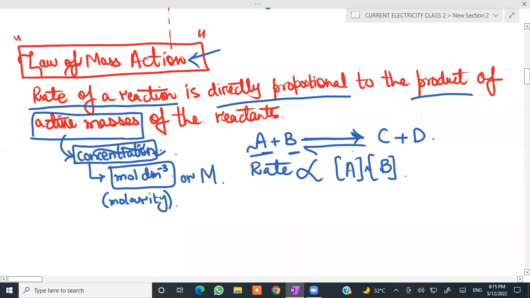Capital M, मोल पर डीएम क्यूब की जगह आप कैपिटल एम भी देखेंगे कई जगहों पे लिखा हुआ होगा. ठीक है. Now consider, okay, ठीक है. So